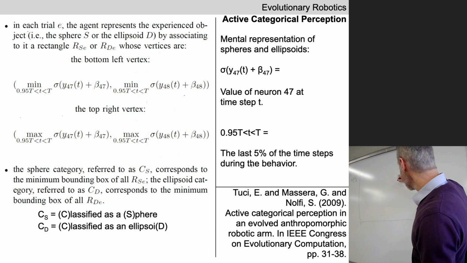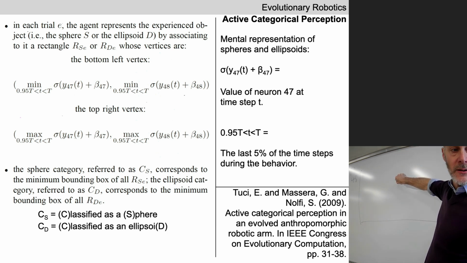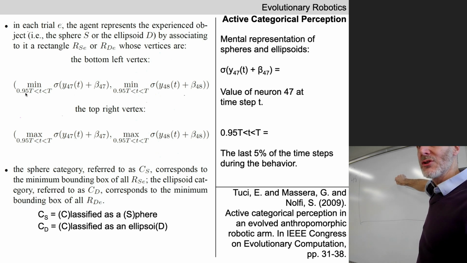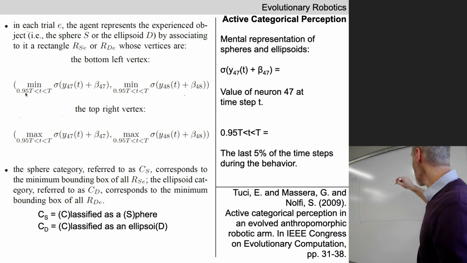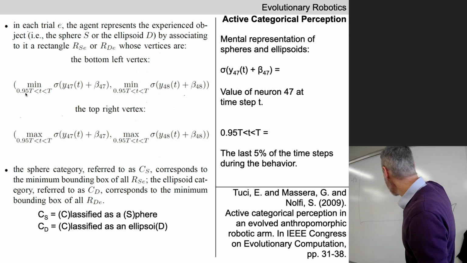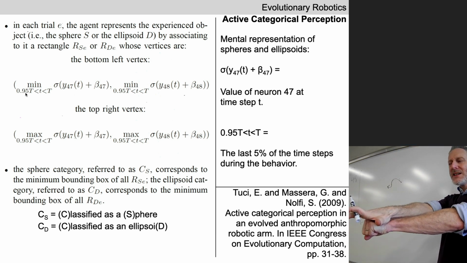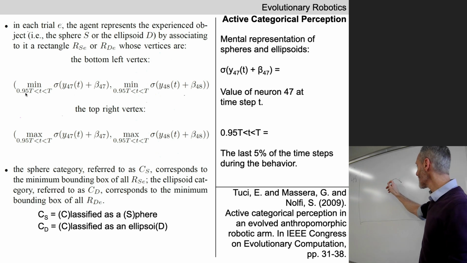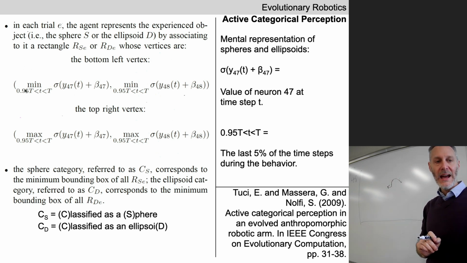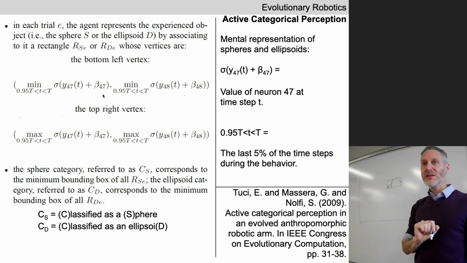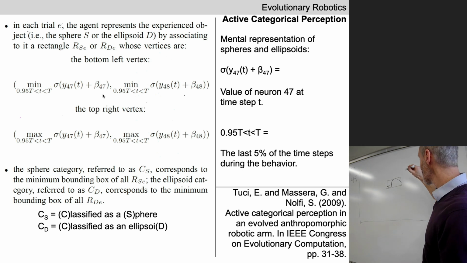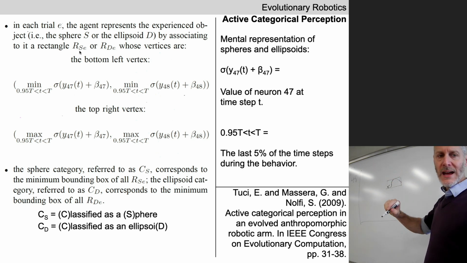As we do, we've got value 47 and 48 at 0.95 times uppercase T, so 95% of the way through the simulation. Then the value of 47 and 48, one time step later, one time step later, one time step later. And across the course of one simulation, while the robot is in contact with either the sphere or the ellipsoid, we get this little trajectory. And the math here indicates that we're going to draw a little bounding box around this trajectory, and this bounding box represents the robot's rectangle associated with